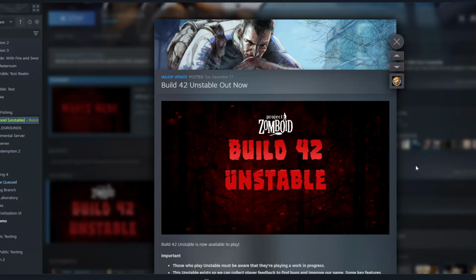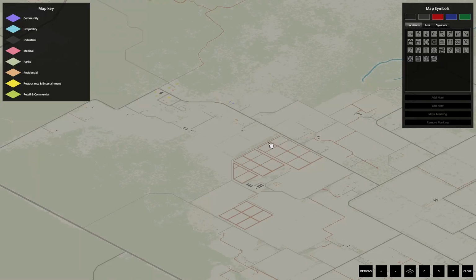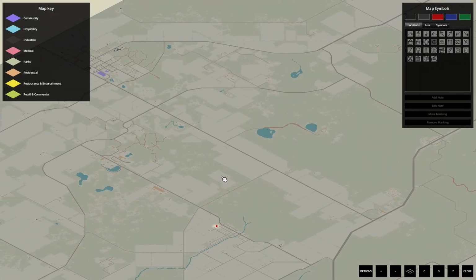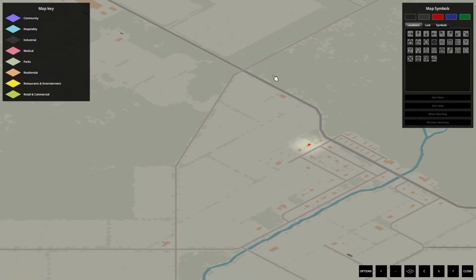Welcome back. So, this came out recently, and there are tons of changes. But today, I'm going to primarily focus on major additions to the map and rate them. So, we're gonna cover the new spawn point called Echo Creek, major locations that I found near the spawn point,